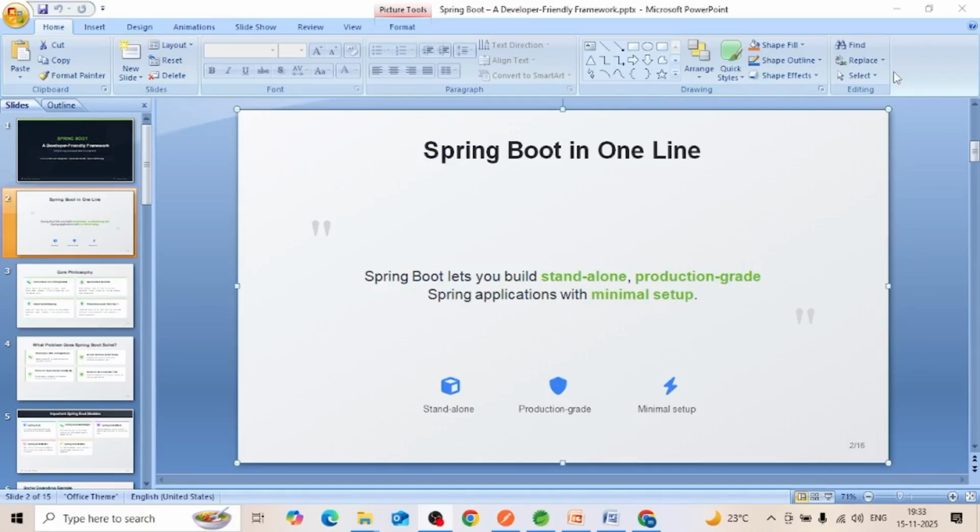I have 10 plus years of experience in Oracle technologies, as well as Spring Boot applications. I have worked extensively on the Spring framework, Spring Boot, Spring microservices, etc. So in today's session, I am going to explain about Spring Boot. This is the introductory